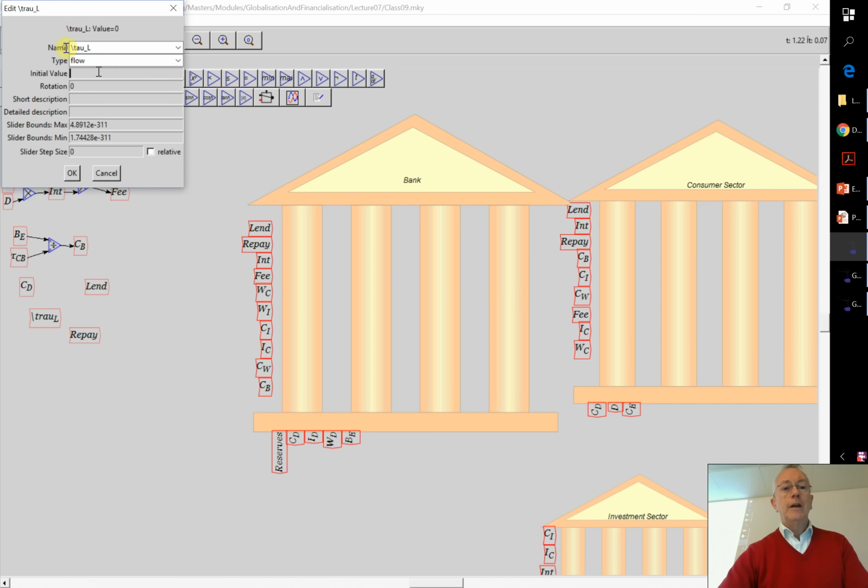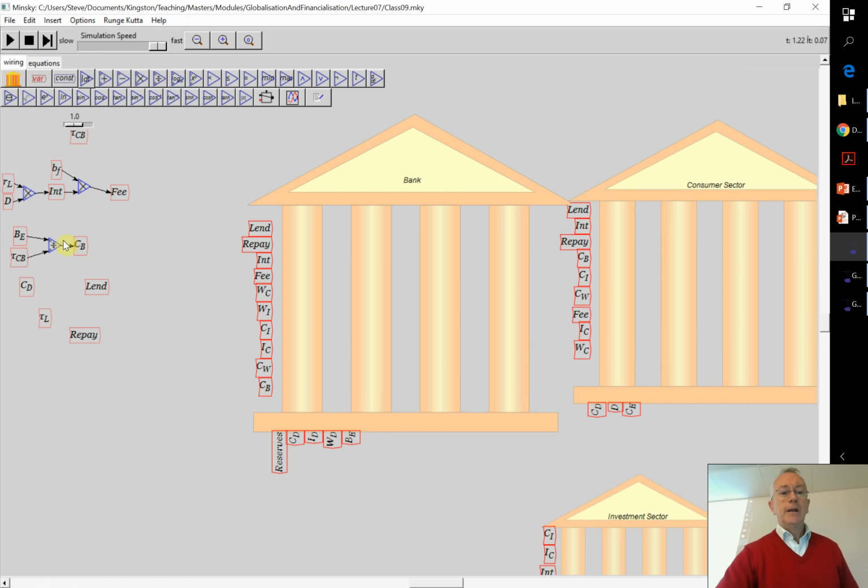And now I'm going to give it a value of, say, 7 years, meaning if the consumer sector lent at a constant rate, and no money was flowing back in, it'd exhaust its account in 7 years. Okay? So a fairly slow rate of lending, but we'll leave it at that. Okay, there's tau L. So I now have that, and I divide the consumer deposit account by tau L. I get lending.